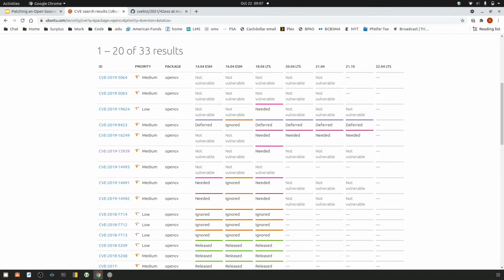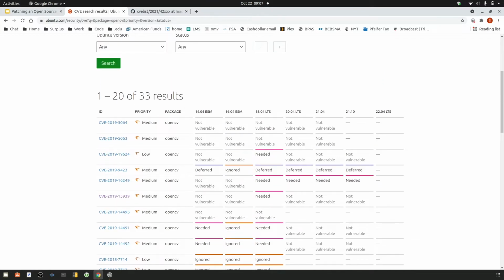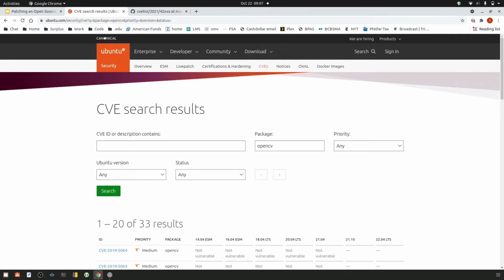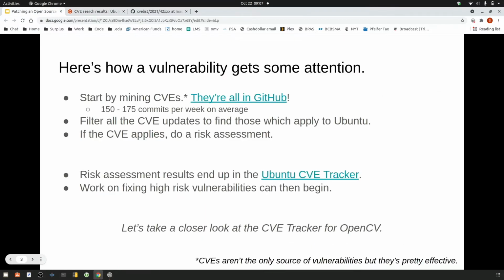And there's the priority ranking. So that's the manual triage. It comes back and says this is how important this CVE is to Ubuntu users. And then it's got all these columns about all kinds of different statuses, right? Things that are needed, things that are not vulnerable, things that have been deferred and all that. That gets confusing rather quickly, right? What do I need to do? And that's what I want to dig into, is where this chart comes from so that you can make this all manageable for you. So this looks really confusing, but to understand what it is, you really have to understand